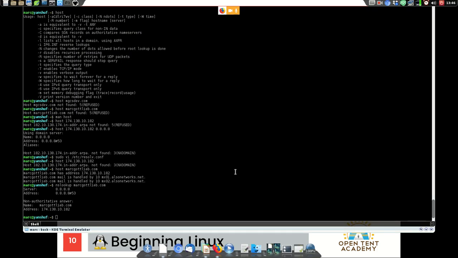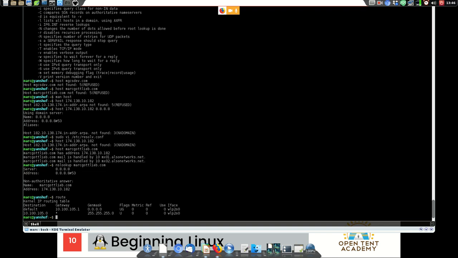Okay, so that's all external. Let's say, what happens internally? How does your computer know? Well, according to Linux, it keeps a routing table, which we can look at. So the routing table for this computer says the default destination, which means kind of anywhere, send all the packets to 10.100.105.1.